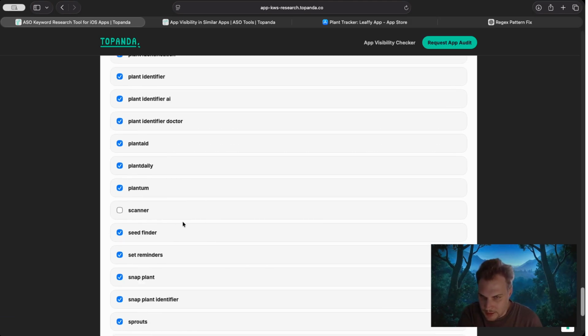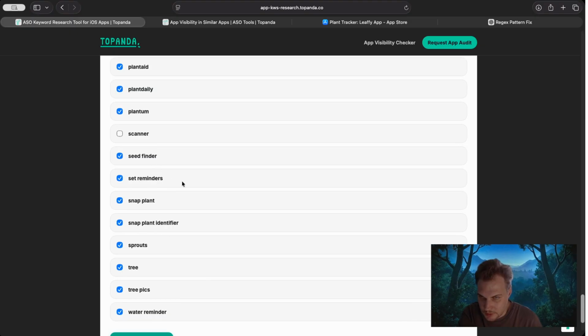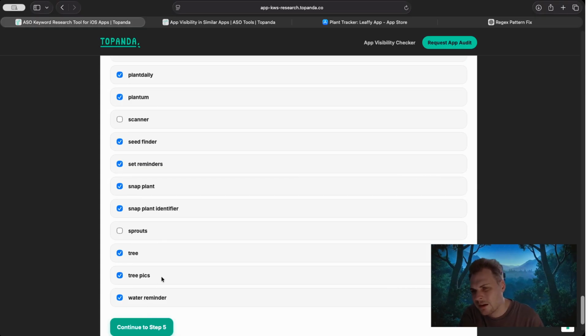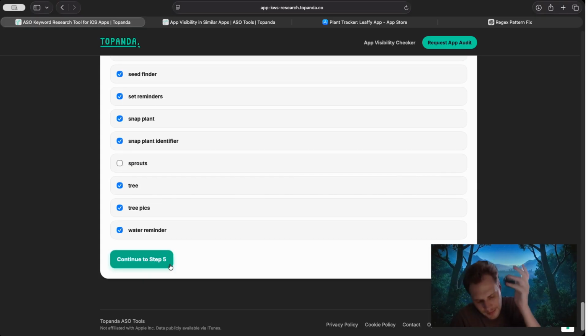It doesn't matter. Scanner, seed finder, snap plant, sprouts too general, tree picks. Okay. Weather reminder, water reminder. I mean, water reminder is not only about plants, but again, keyword research needs to be somewhat broad, obviously, because from there you can pick the relevant stuff. No way to avoid irrelevant keywords that are going to pollute the research, but this is how keyword research is